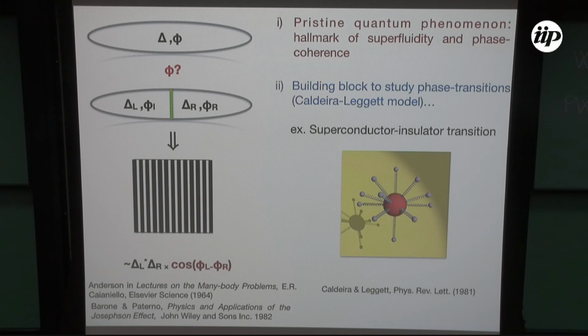Well, we'll not enter into any detail about this, but it is also interesting because Josephson junctions, as Herwig was mentioning in some way, are also the building block to study other kinds of phase transition. It can also be a dynamical phase transition, related to Caldeira. Caldeira was here in these days. And of course, based on the Caldeira-like model, in which you have dissipation and superconductivity, and superfluidity if you want, working together. For example, the very famous superconductor or superfluid to insulator transition, which you can write down in terms of Josephson dynamics, okay?